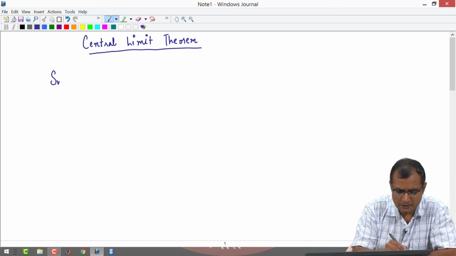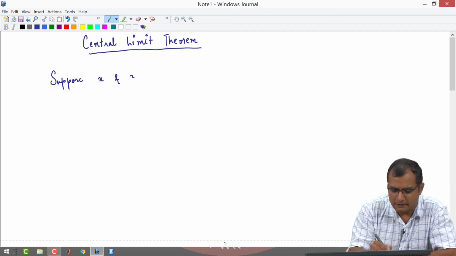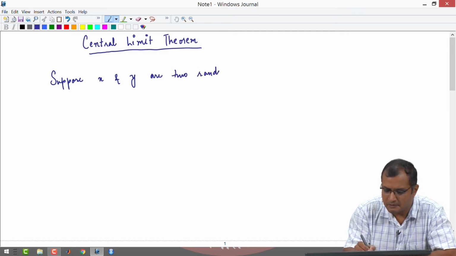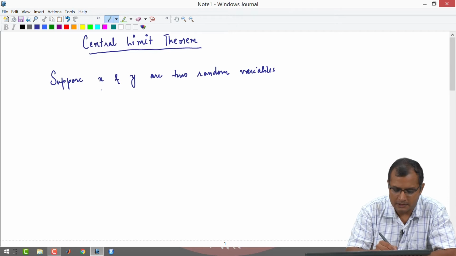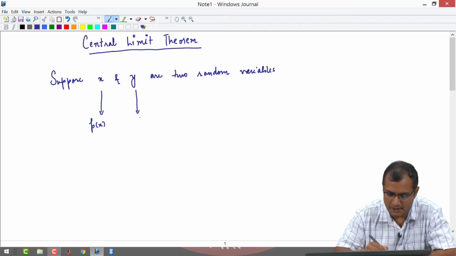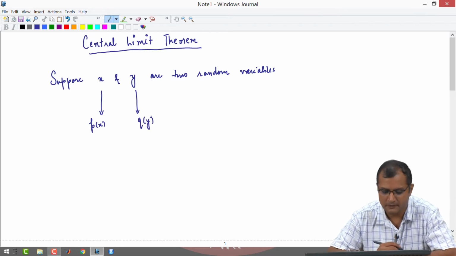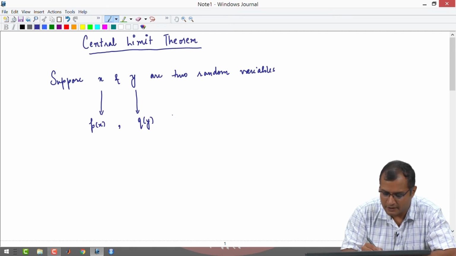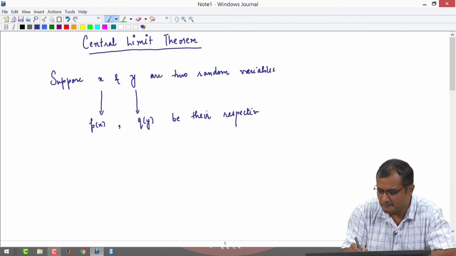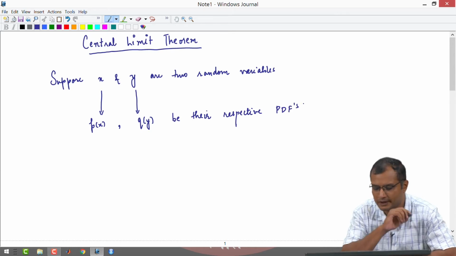suppose you take two random variables x and y, and the distribution of x is p of x. So, x is distributed as p of x and y is distributed as q of y. Okay. So, p of x and q of y be their respective PDFs, okay, probability density functions,